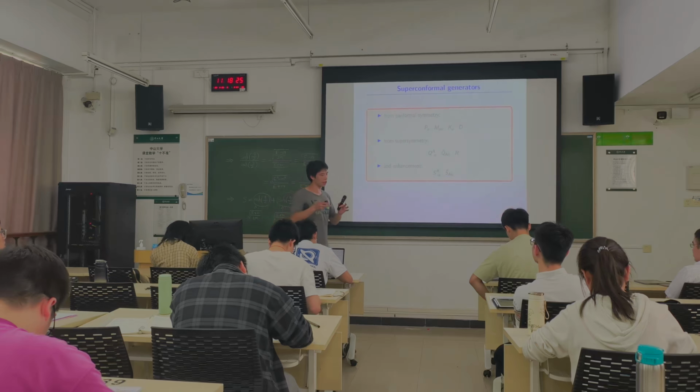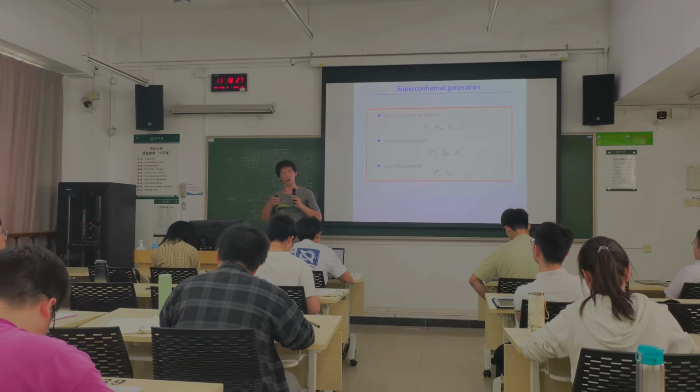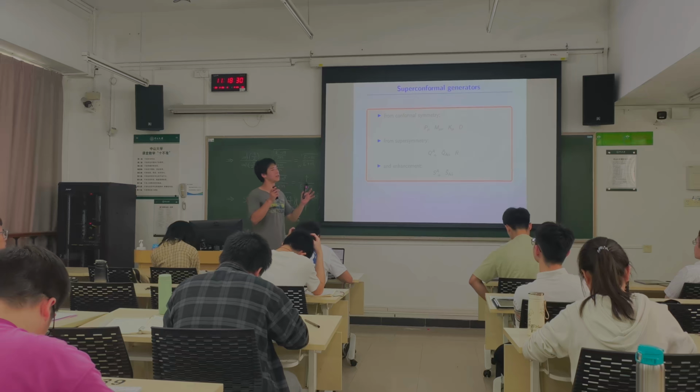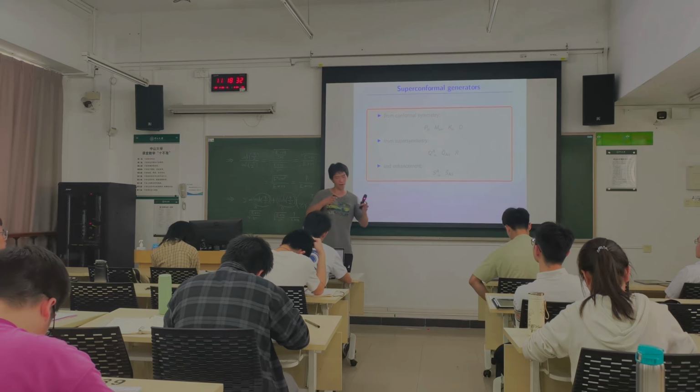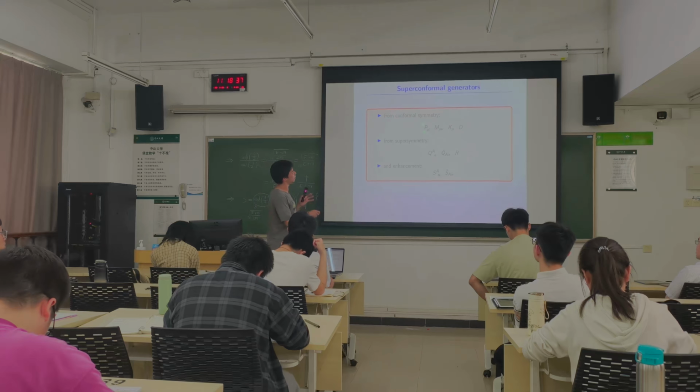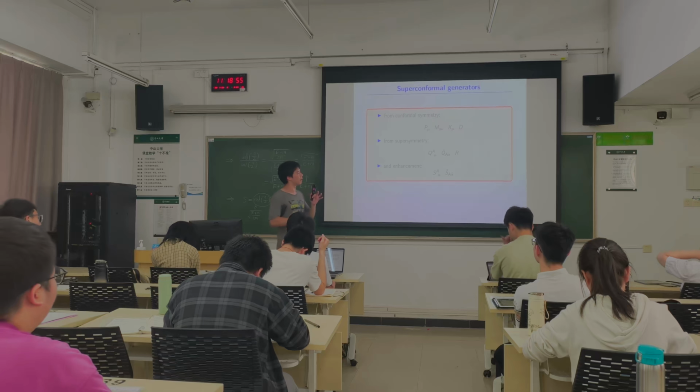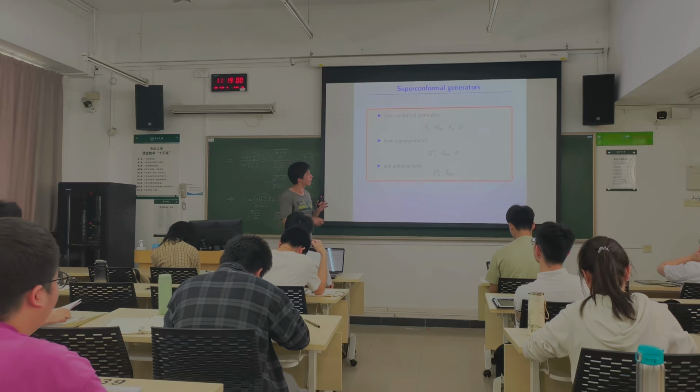And after learning conformal field theory and supersymmetry, we actually have a superconformal theory, because a superconformal field theory is a theory both conformally invariant and supersymmetric. So we have all the generators for conformal field theory and all the generators for supersymmetry. Q is the supercharges, defined like this, and R is the generators of R symmetry. Because K doesn't commute with Q, it gives you some new fermionic generators, which we denote as S. So the superconformal algebra has these generators.